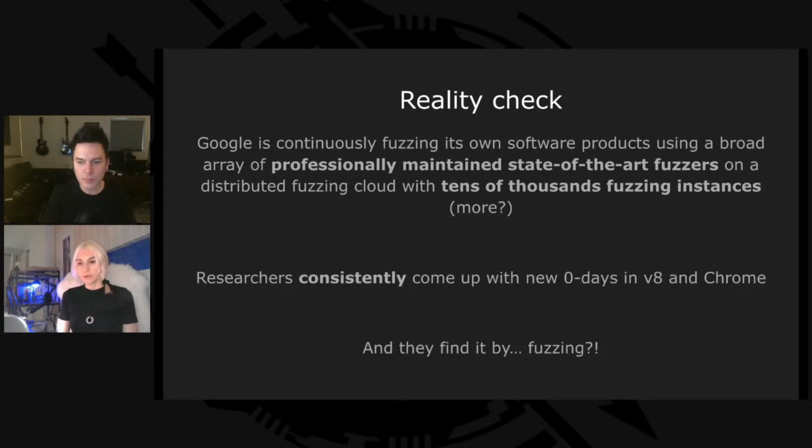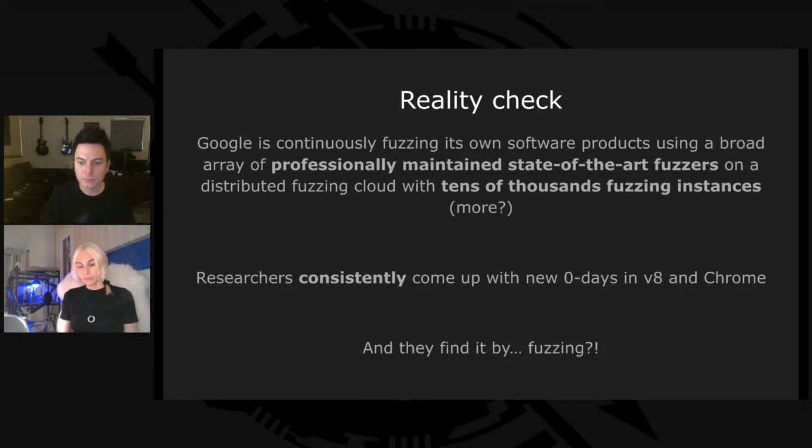And looking at those 0 days, there is a way, looking at the bug, to estimate whether it was found by fuzzing or whether it was found by manual analysis. And looking at those bugs, I can say that many of them were actually found by fuzzing. Moreover, I recently heard in my Twitter feed, somebody mentioned that one of the bugs that they recently submitted to V8 bug bounty was found by fuzzing.